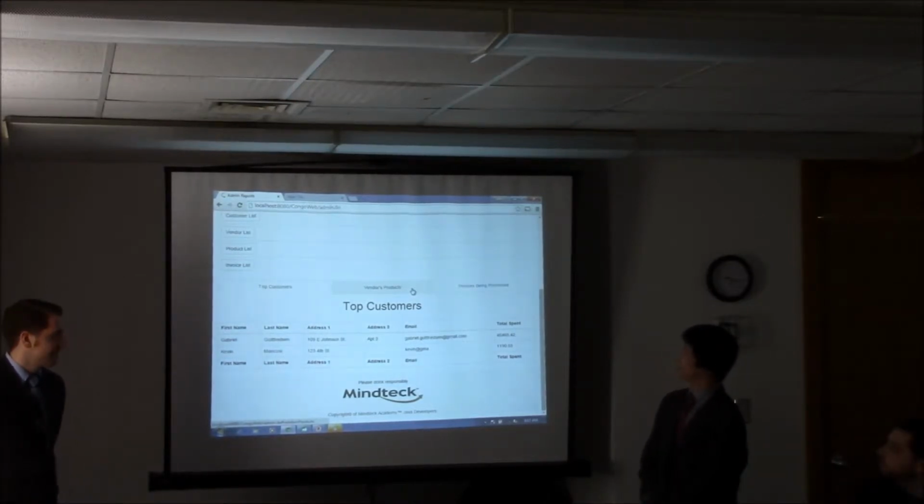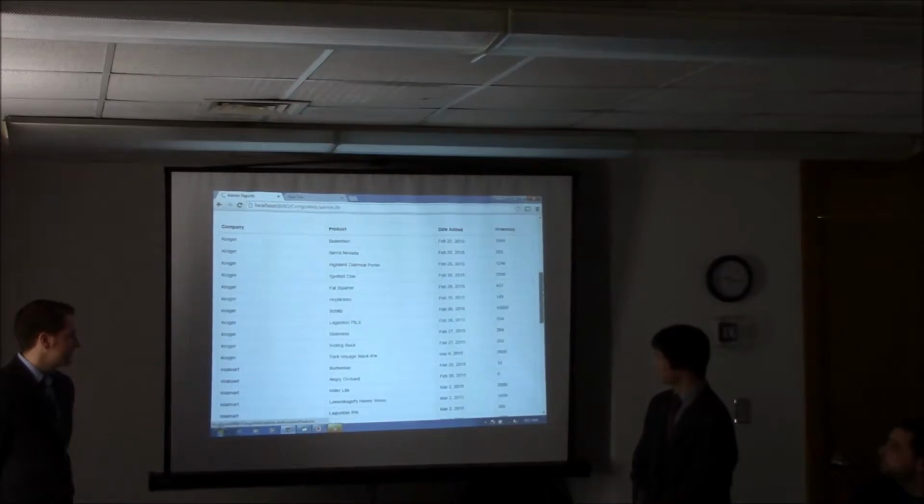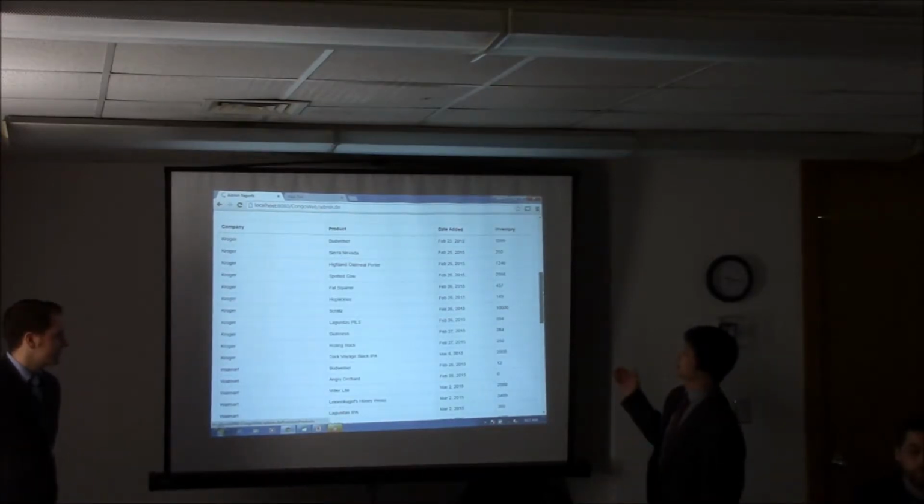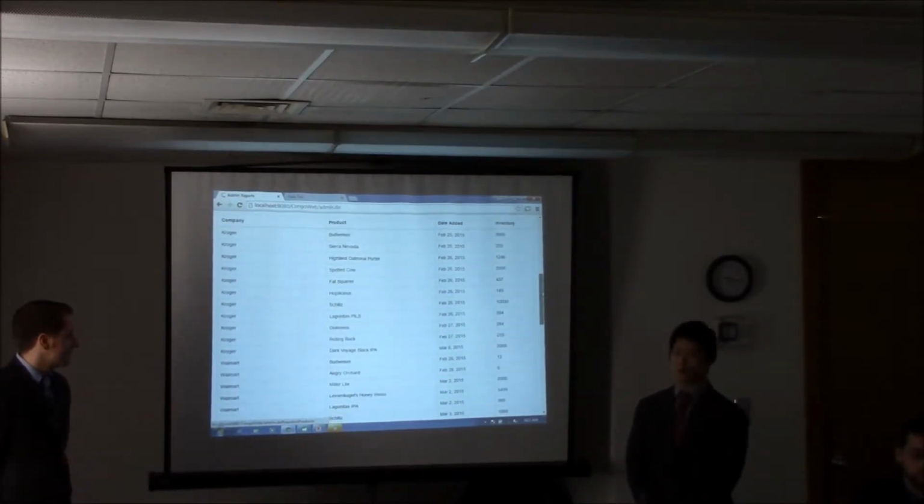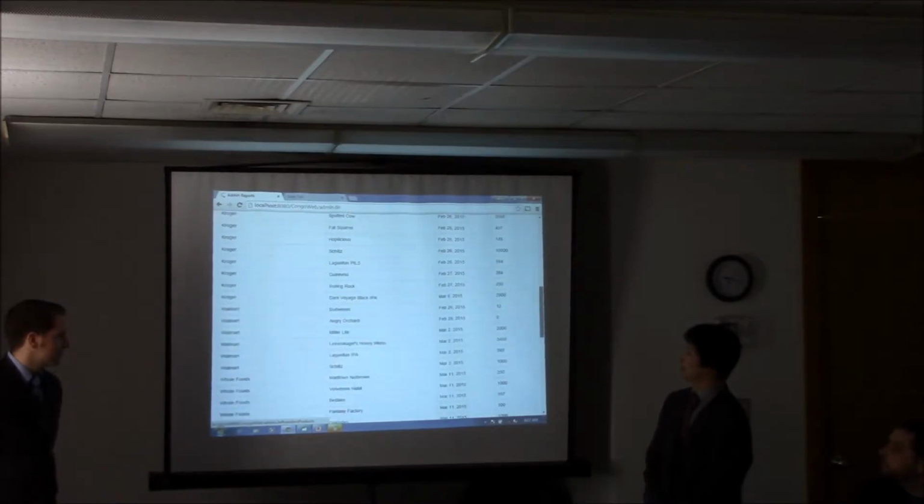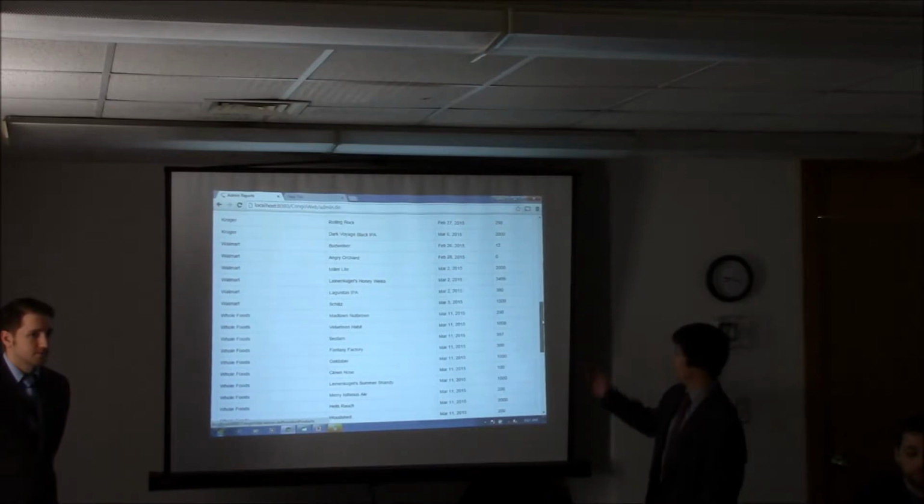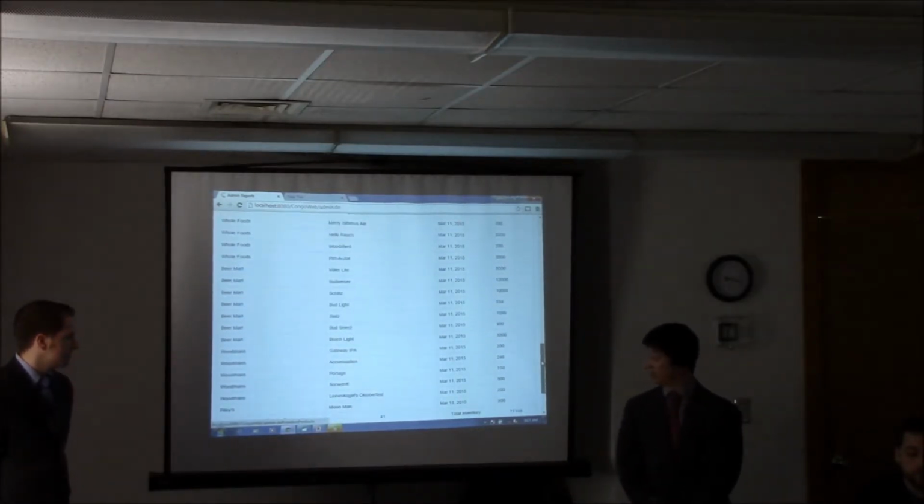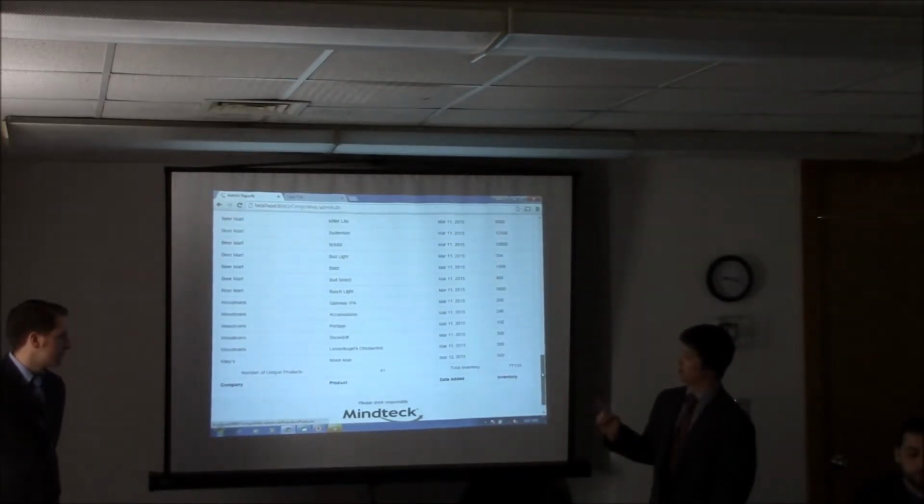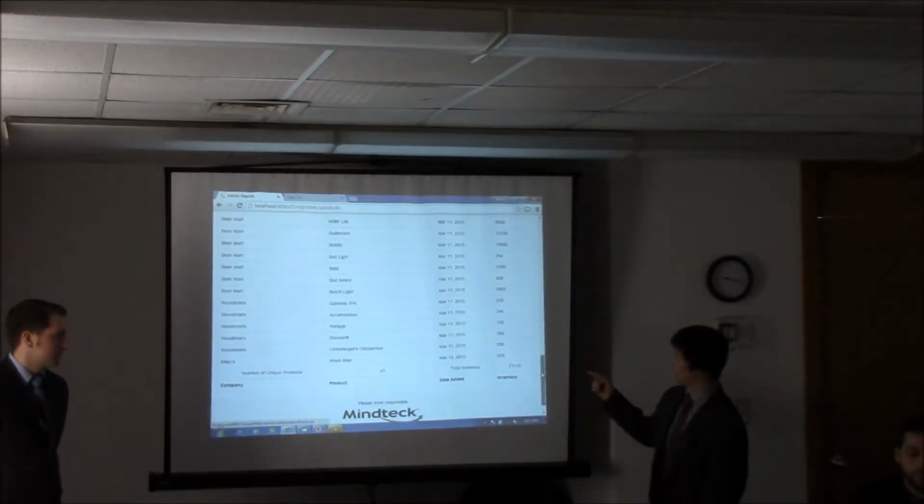Also, we'll move on to the next report, which is the vendor products. And this is a high-level view of all the vendors that currently have an account with Congo Exports, as well as showing what products they have, when they put them online, and the inventory. And if you scroll down to the bottom, you'll also see the number of unique products and the total inventory